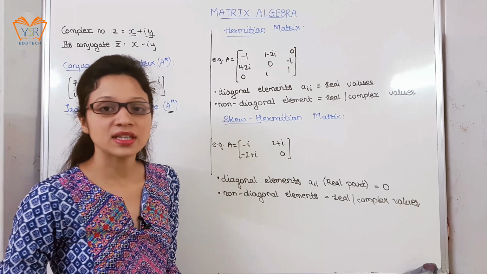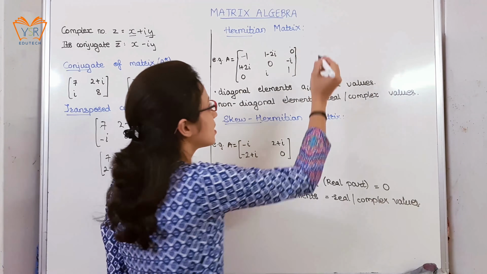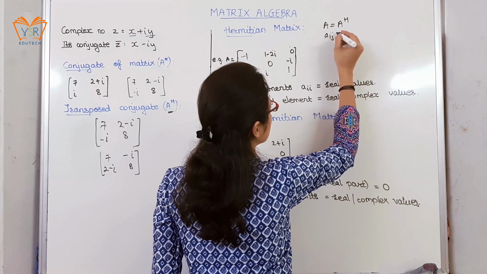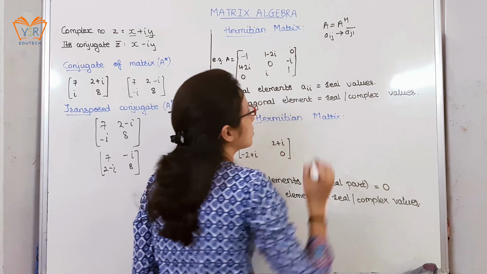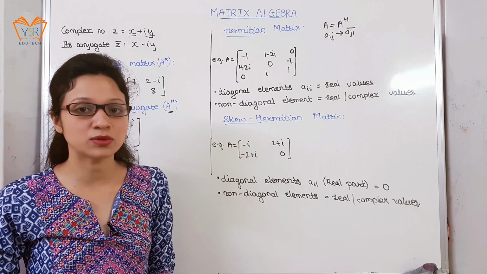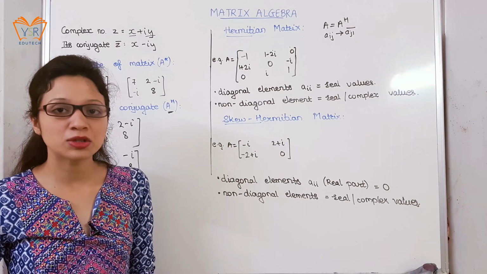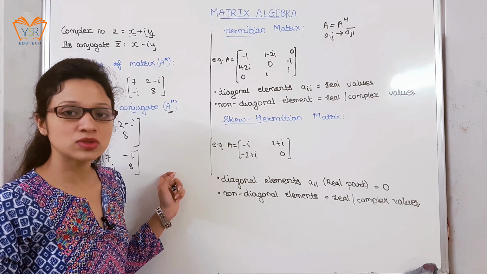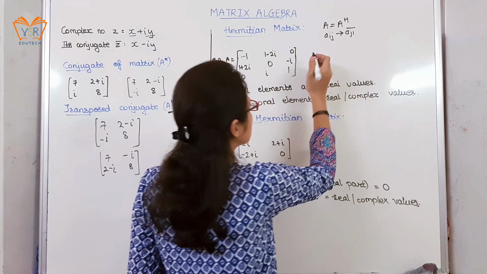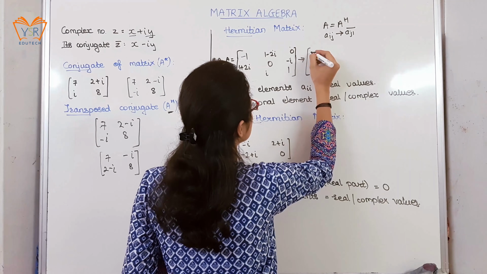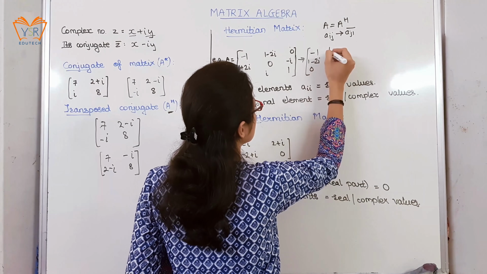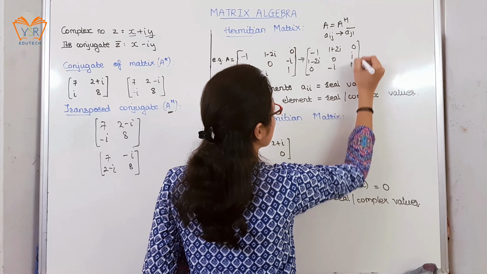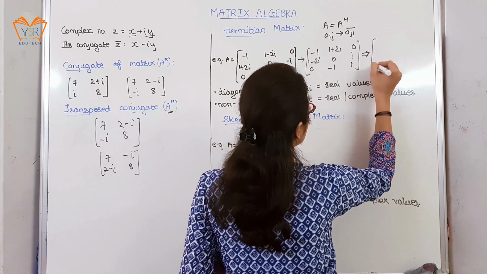Now the Hermitian matrix, any square matrix is called as Hermitian matrix if A is equal to A raised to H, or we can write Aij equal to Aji bar for all the ij values. Consider one example. A is equal to 3 by 3 matrix. Now we need the transpose conjugate, and as we know, for transpose conjugate we need the complex conjugate. So first we'll find out the complex conjugate of this matrix. After complex conjugate, find out the transpose of that matrix.